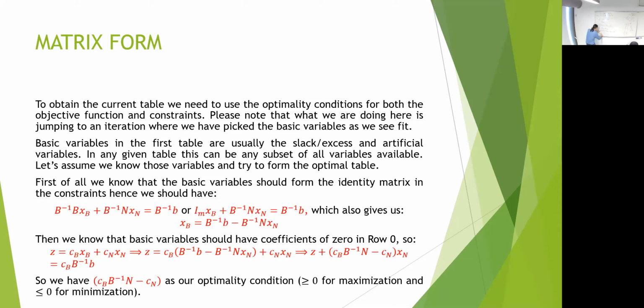I will just write cb times B inverse N minus cn is equal to cb B inverse b. Now, this is my objective function at all times, depending on how I choose my basic variables,